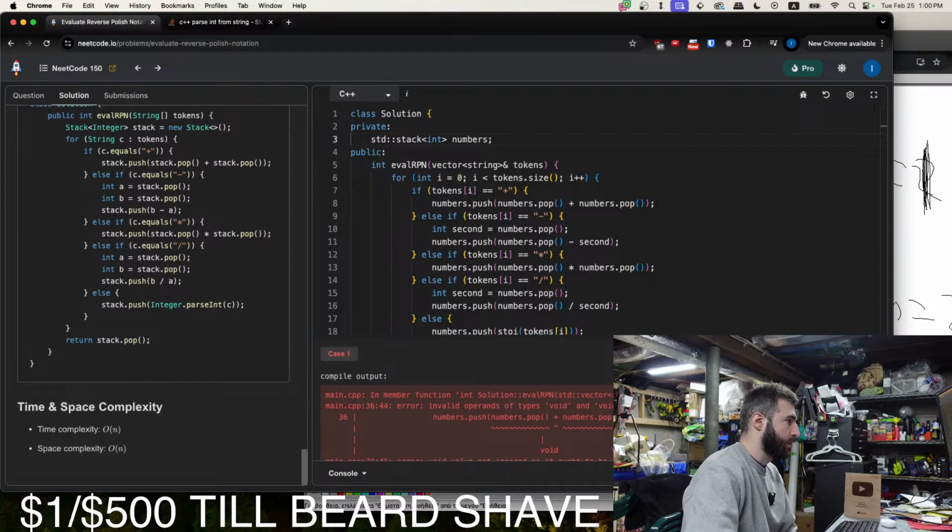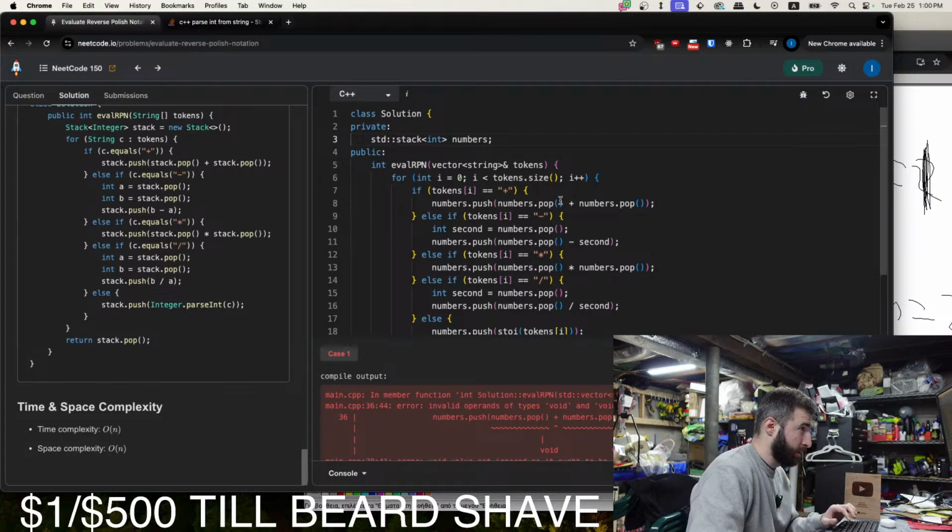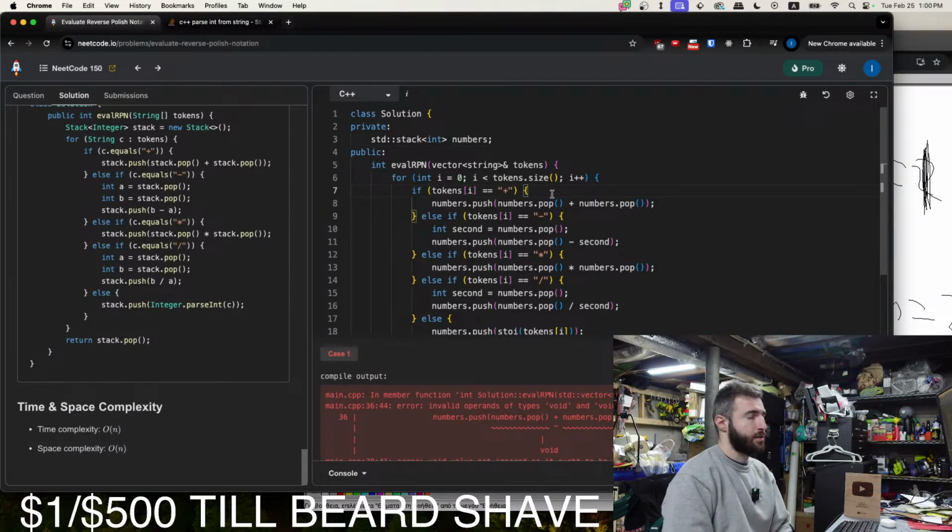I forgot this about C++. Pop just removes. So we need to get the elements from the stack using top, and then pop them from the stack.